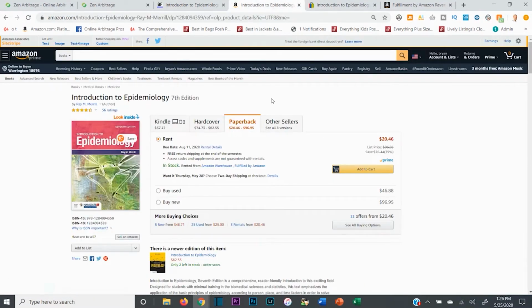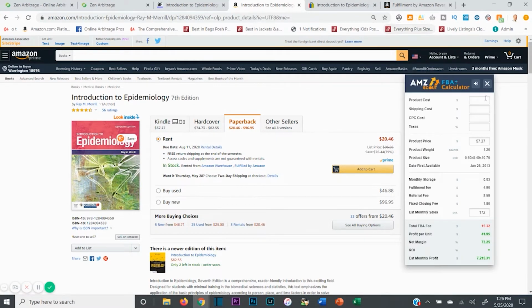But let's check the first one right here. It sells for $96.95. We're going to buy it to our door for $44. So we're going to put those numbers in, $96.95. It's going to cost us $1 to ship it into FBA. It costs us 44 bucks to our door. And this is a great opportunity to buy this book for 44 bucks and make